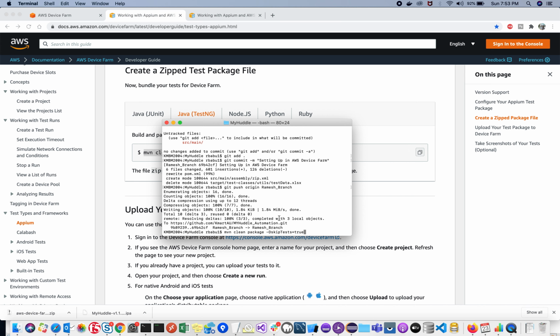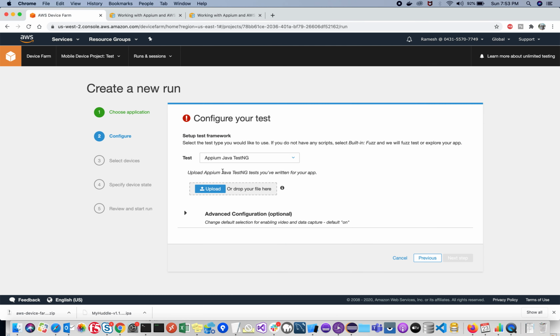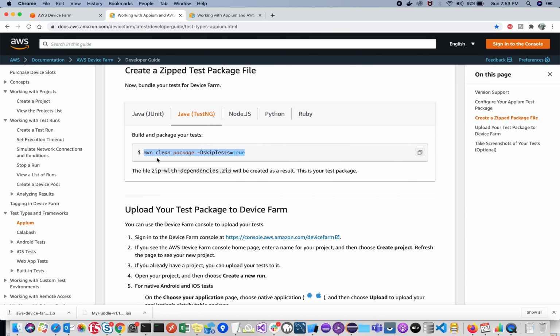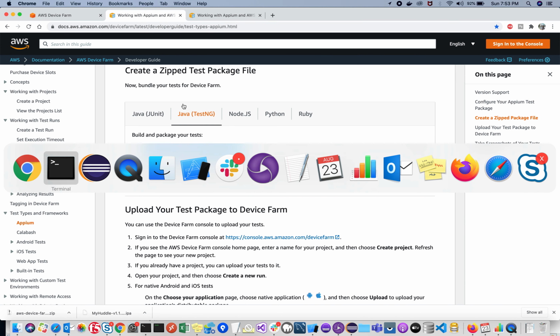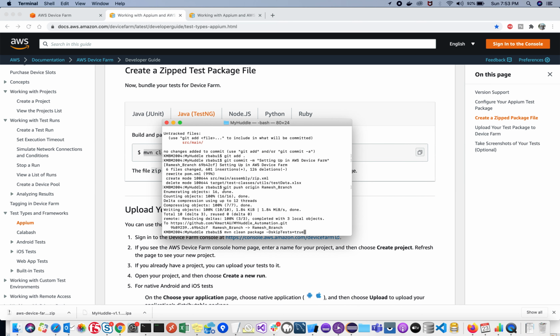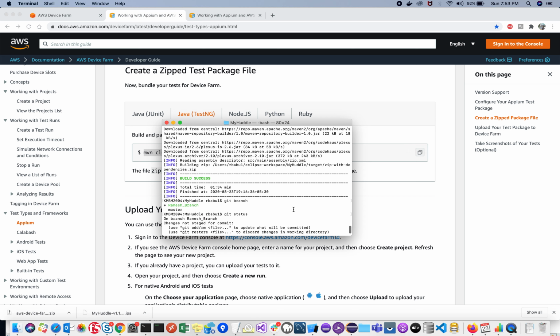AWS itself maintains a separate kind of folder package, I can say, where we need to upload over here. For this, this will take care of all the plugins you added and all the code that you added. After running this package, you get a new zip.dependencies file. Once you execute this,